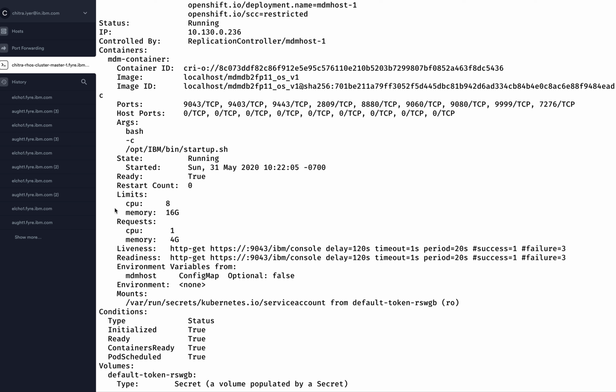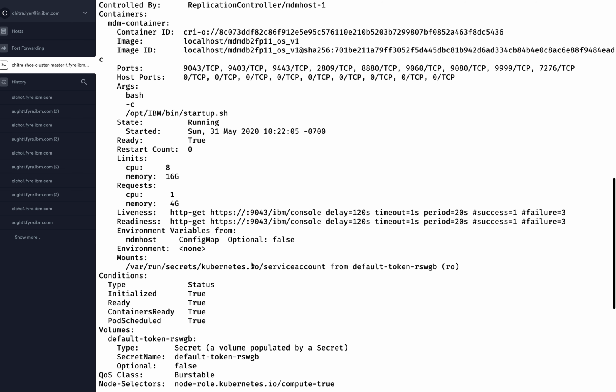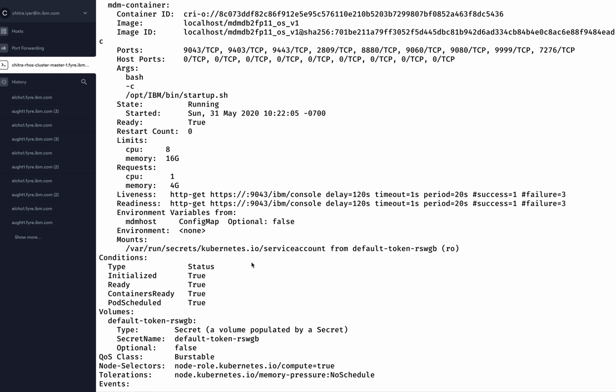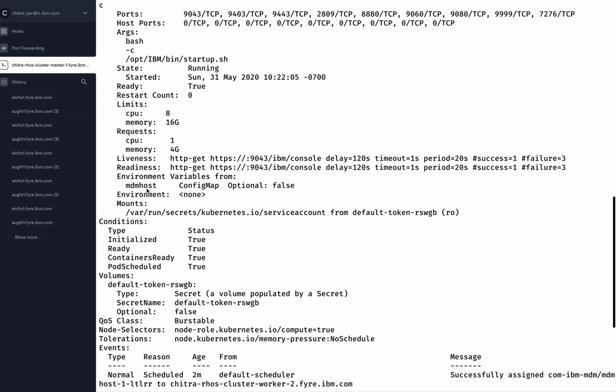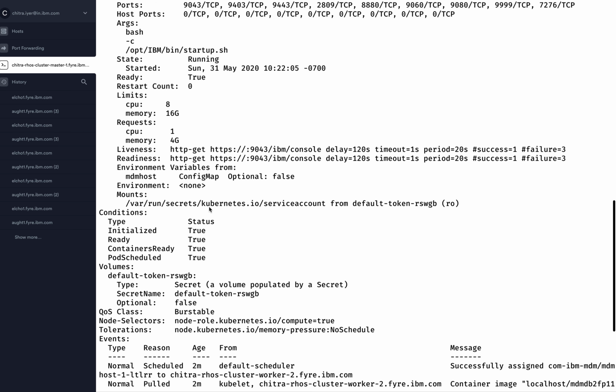These are the parameters that we provide to OpenShift. Along with this, we also need to provide the name of the image that has to be used, and we are also providing something here called the config map MDM host, from which the system can take environment variables. This config map is a resource in OpenShift, and in a short while we'll also see the details of this config map.